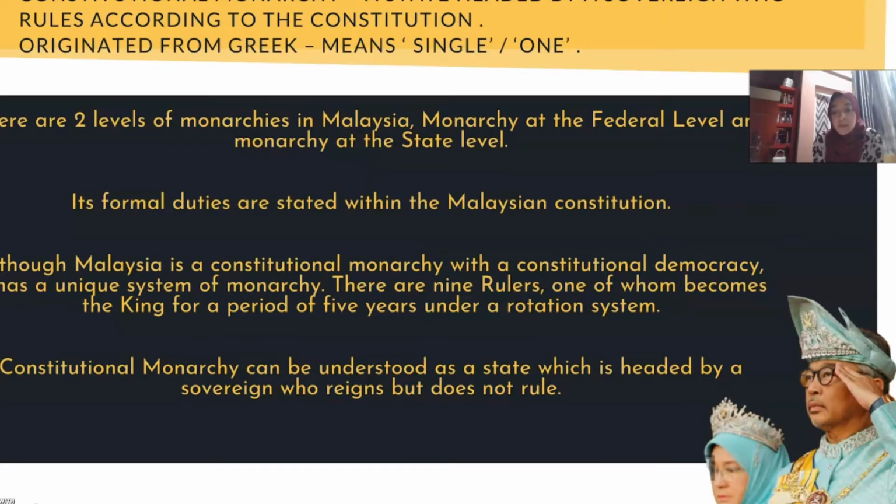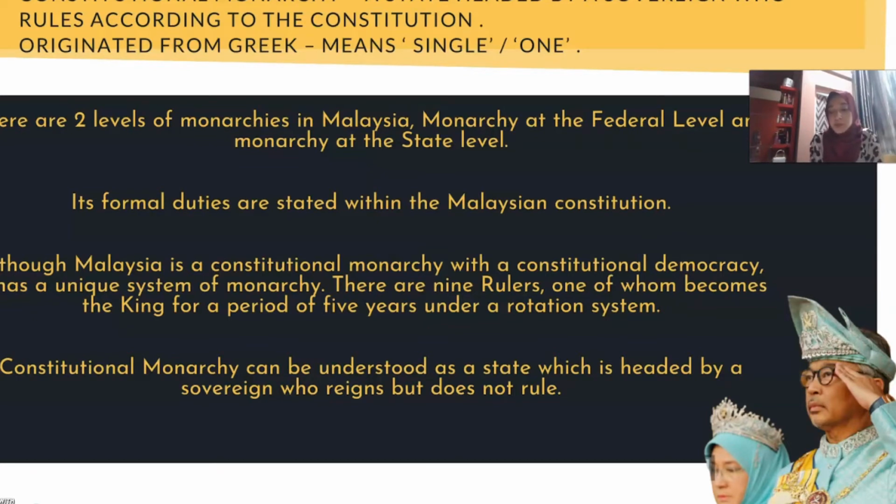So the constitutional monarchy in Malaysia consists of the YDPA Agong as the head of states of Malaysia, and the 9 rulers, which are the sultans of Selangor, Terengganu, Kelantan, Pahang, Johor, Kedah, Perak, and the Raja in Perlis, the Yang di-Pertuan Besar in Negeri Sembilan, and the Yang di-Pertuan Negeri in Malacca, Sarawak and Sabah. So the 4 remaining states that do not have sultans will be headed by the Yang di-Pertuan Negeri, or also governors.